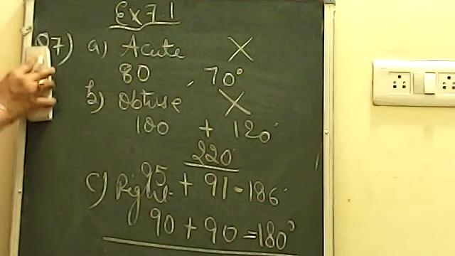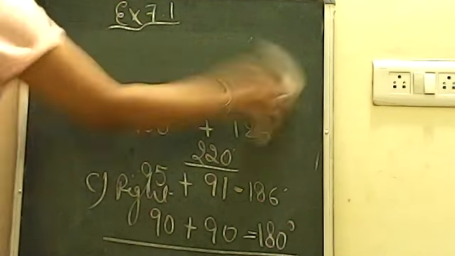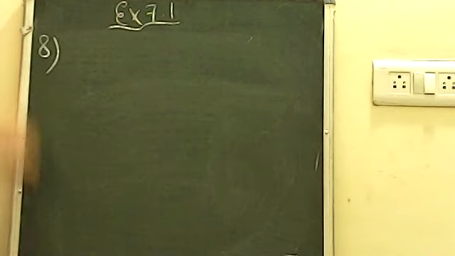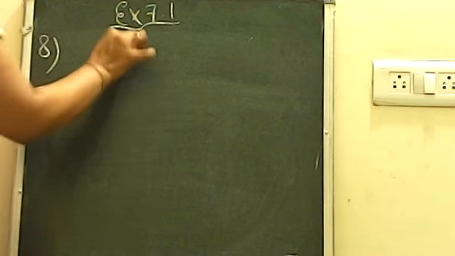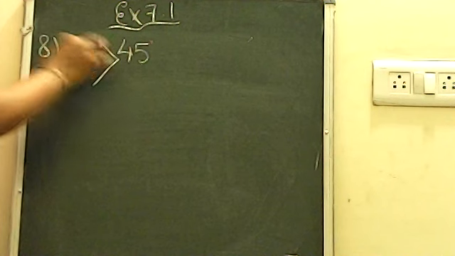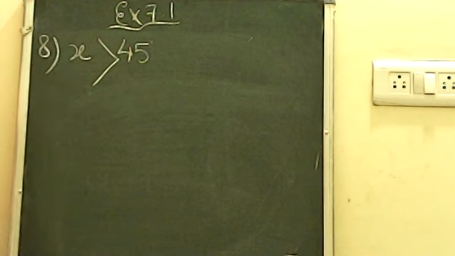Question number 8 we will discuss now. Question number 8 is telling here, an angle is greater than 45. मतलब एक एंगल जो है 45 से ग्रेटर है. ठीक है, is its complementary angle greater than 45, or equal to 45, or less than 45? Just a general knowledge question. For example, it is telling 45 से बड़ा है.